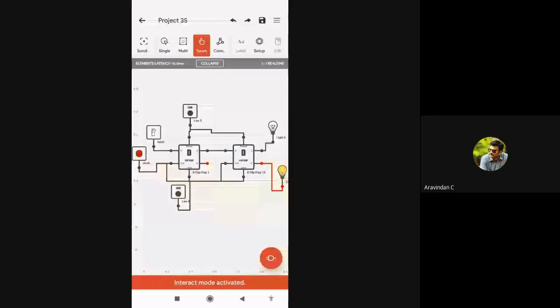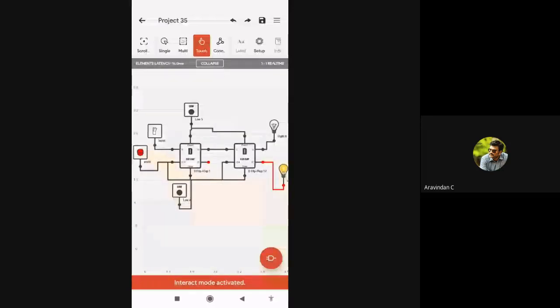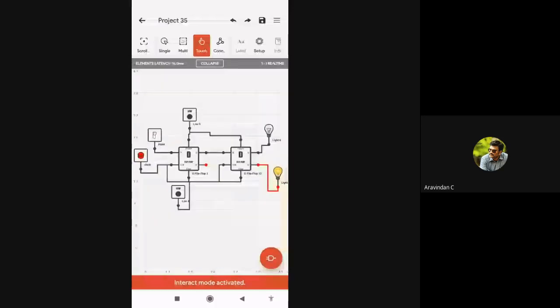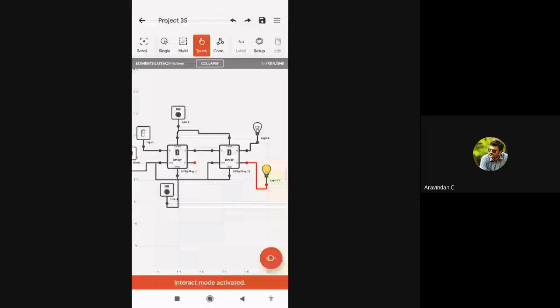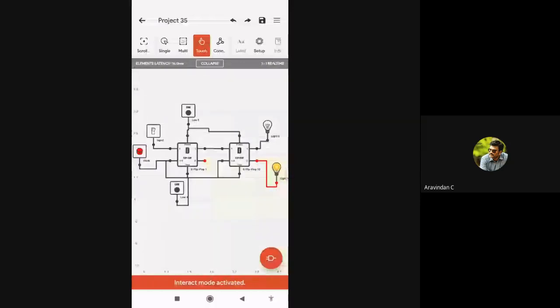What is the output of Q here? That is light 6, which is low output. But see the output of light 17, which is high, is the inversion operation. So Q bar, Qn plus 1, may be like a present input and your past output. We are not going to focus mostly on the Q bar. We will be focusing only on the Q. It will confuse you for the concept here, so I'm going to remove that.